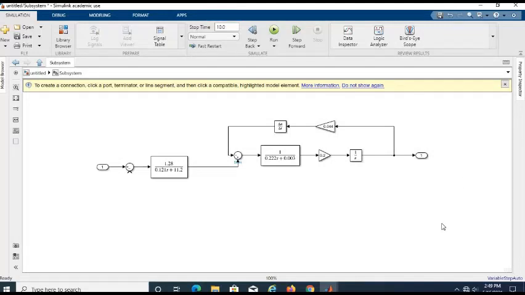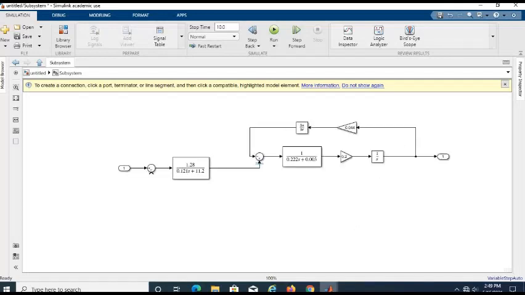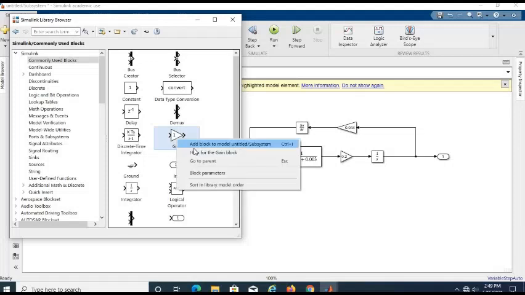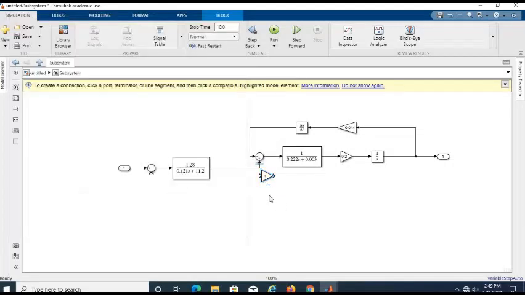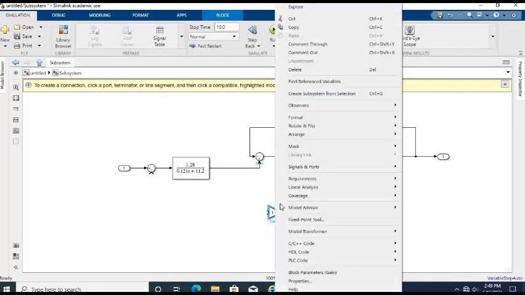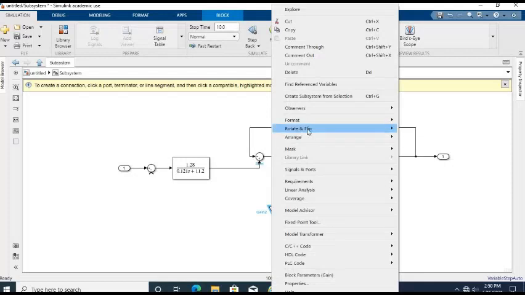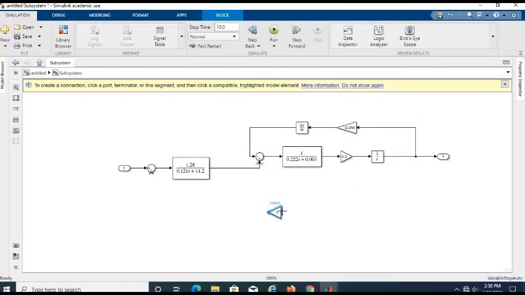One more, one more. Oh, we also need one more gain. We flip, we rotate the direction. Okay, this is from here.